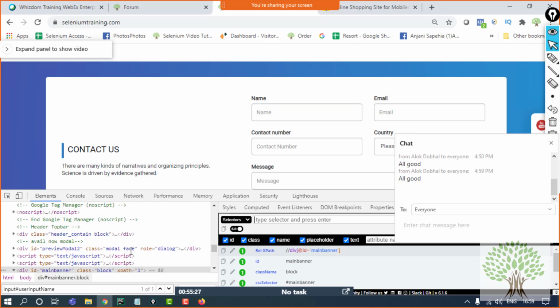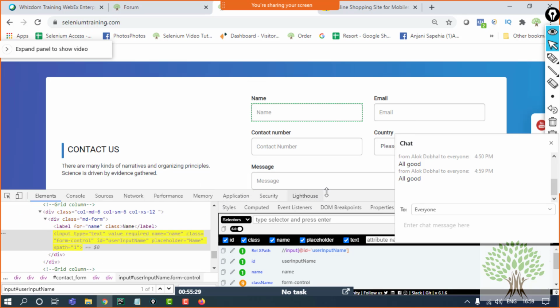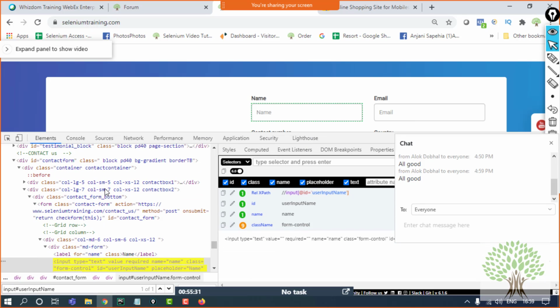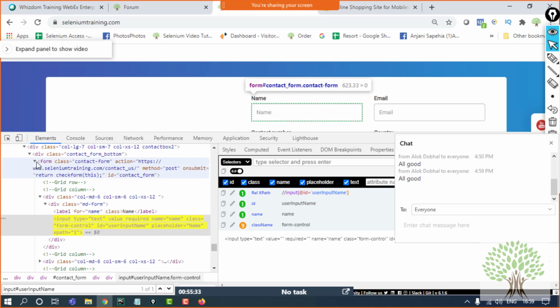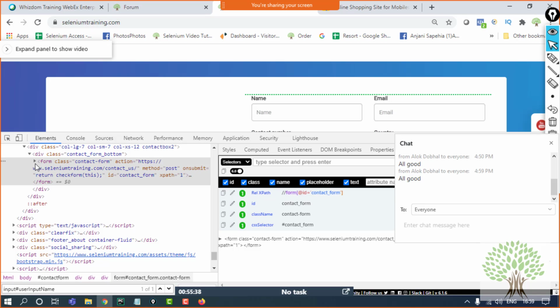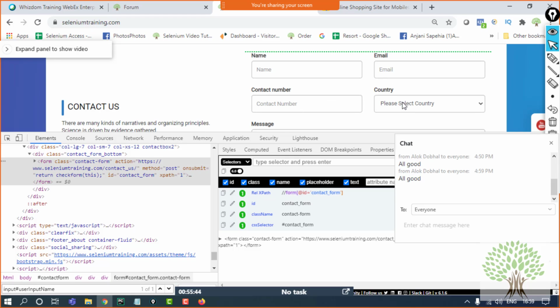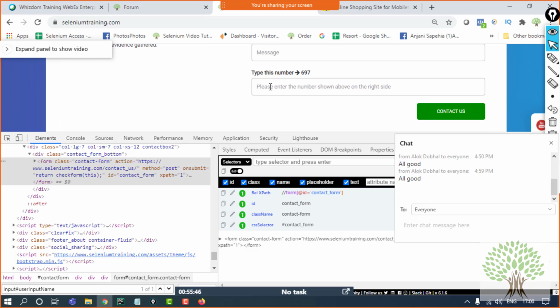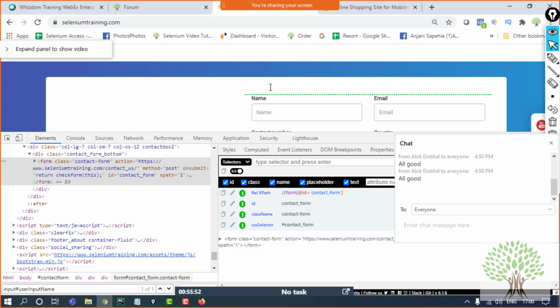This element is inside a form tag. Inside this form itself, there are a number of elements: a name text box, an email text box, contact number, country, message, this captcha box. Likewise, there are a number of things inside this single form.